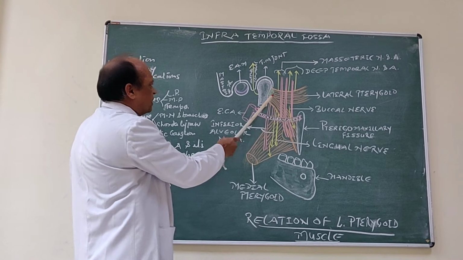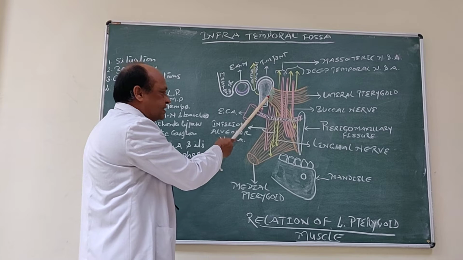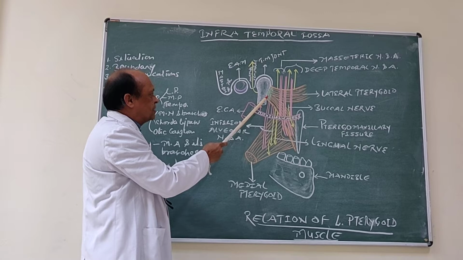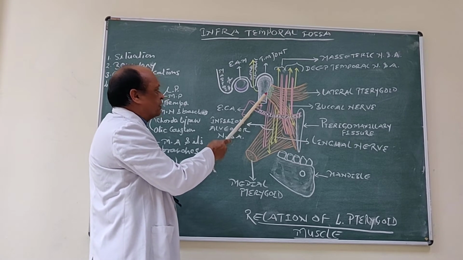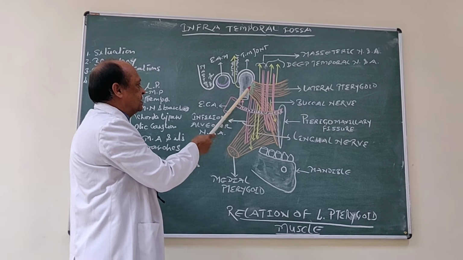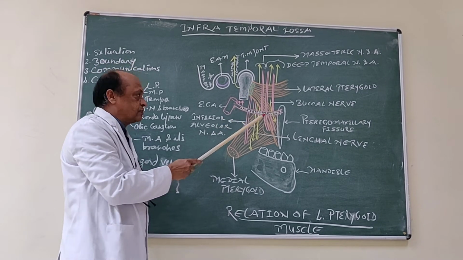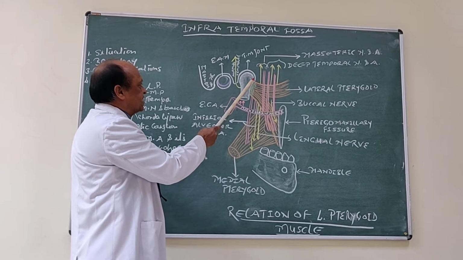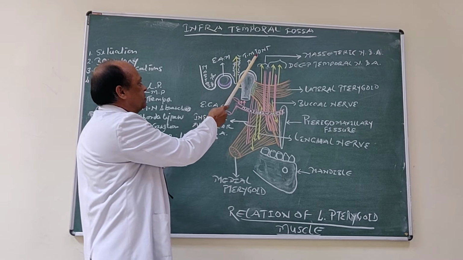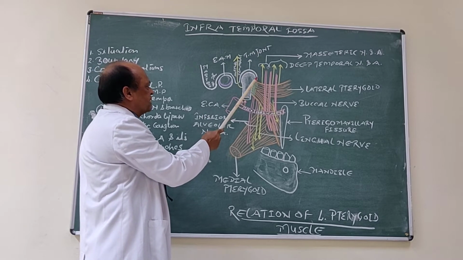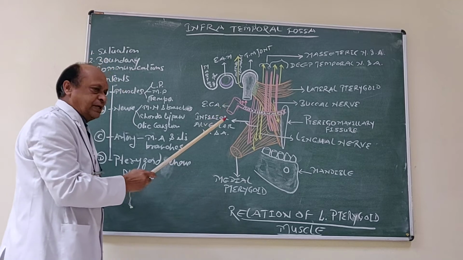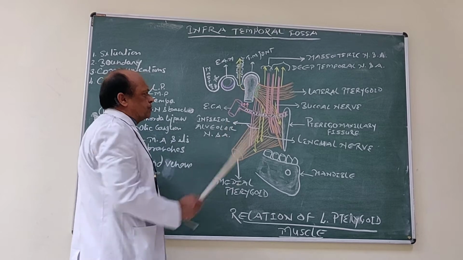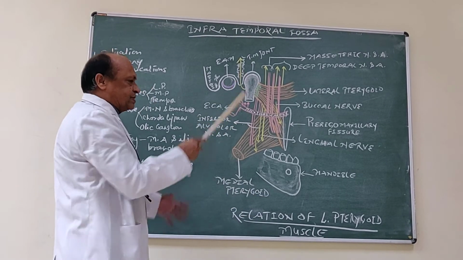Now both heads converge towards what is called the pterygoid fovea. Now as we know, the pterygoid fovea is a small depression on the front aspect of the neck of the mandible, and here this muscle gets inserted. So the muscle is inserted onto the pterygoid fovea in front of the neck of the mandible. Some fibers get attached to the articular disc of the temporomandibular joint, and a few fibers are attached to the capsule of the temporomandibular joint.